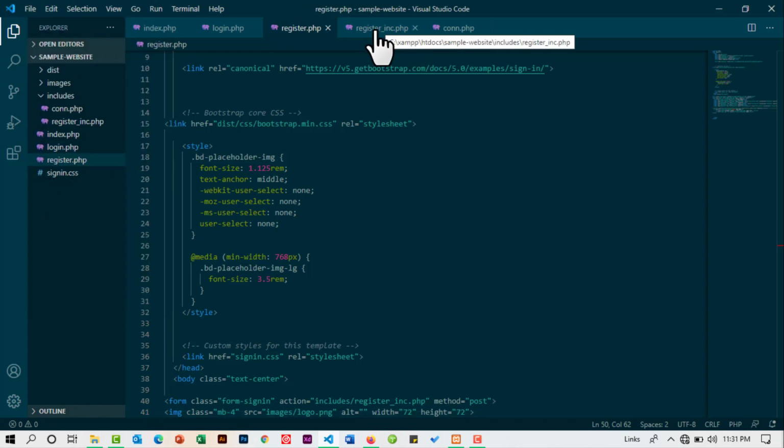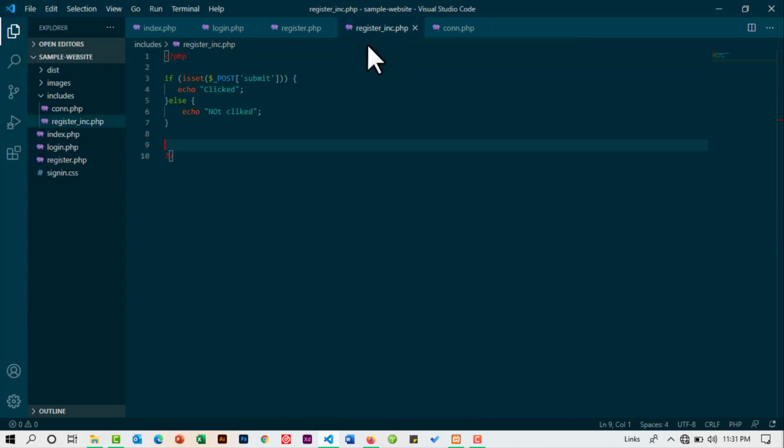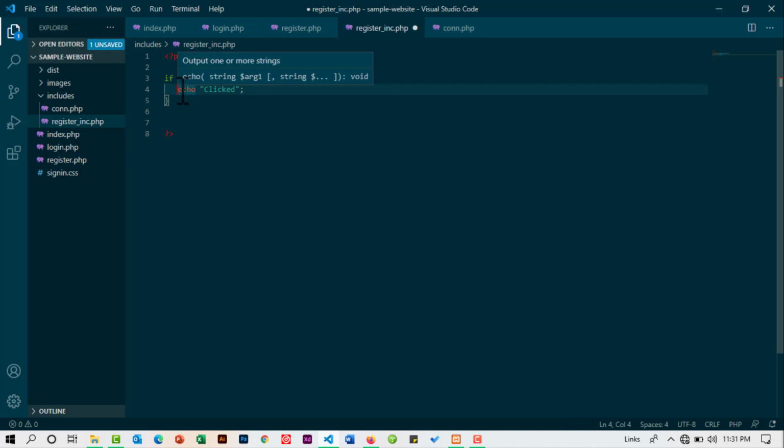Then we head on back to the register_inc.php, and here I'm just going to come and remove the else, and maybe I can just come and comment this out just in case we need it later. So now the second thing that we need to do is we need to connect to our database. So here I'm just going to have a comment and say connect to database,